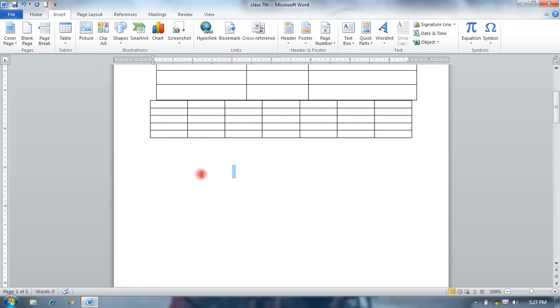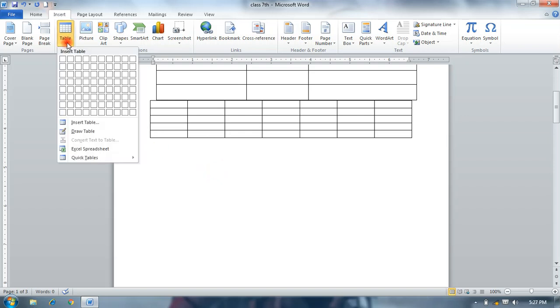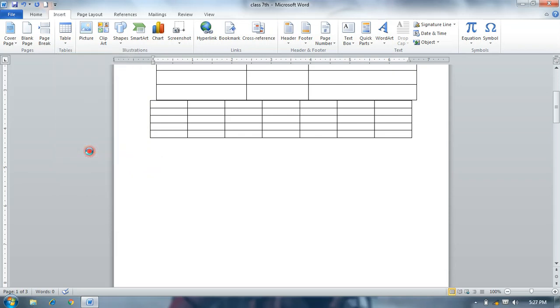Then click on a blank space and your mouse pointer comes, and it opens an Excel spreadsheet, MS Excel.